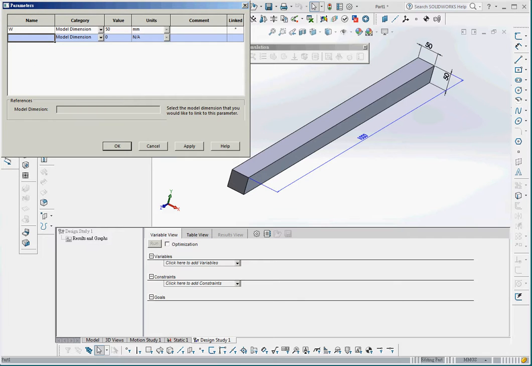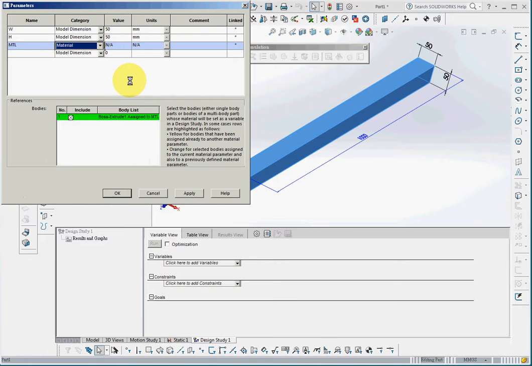So I'll announce a second parameter H, which is the height of the beam, and I'll connect this parameter with this dimension, so the dimension is connected to H parameter. Now I'm not going to define a parameter for the length, because I'll fix the length of the beam. Now I'll define another parameter to be MTL, material parameter, and the category will be changed into material. So I have announced 3 parameters,